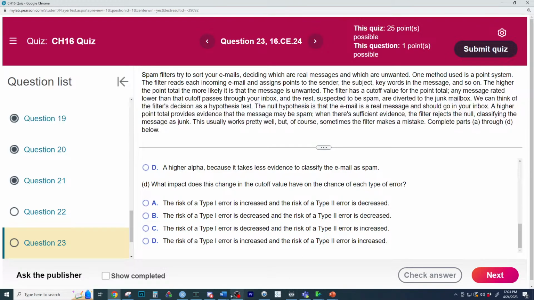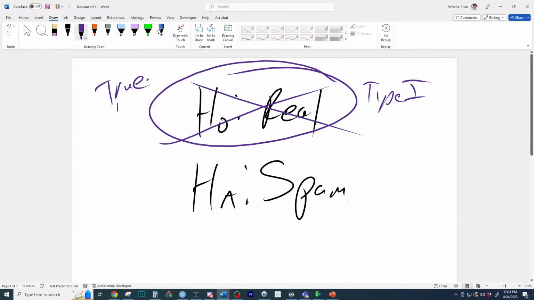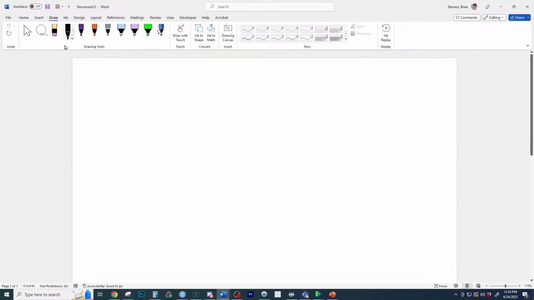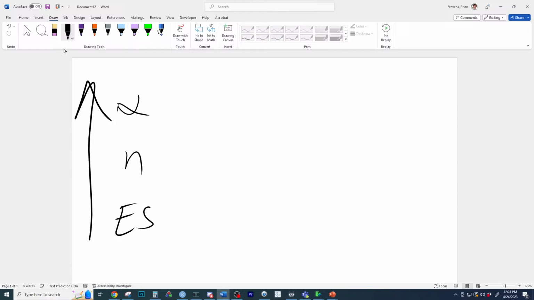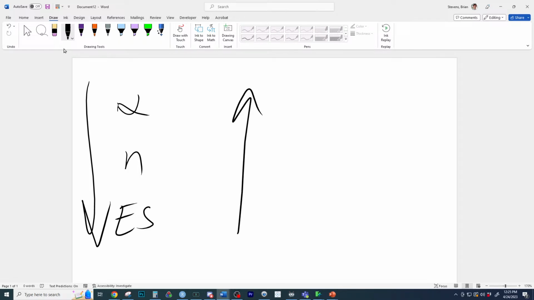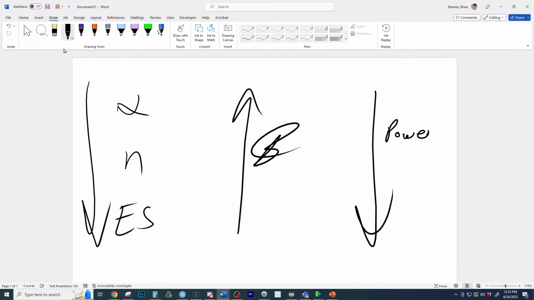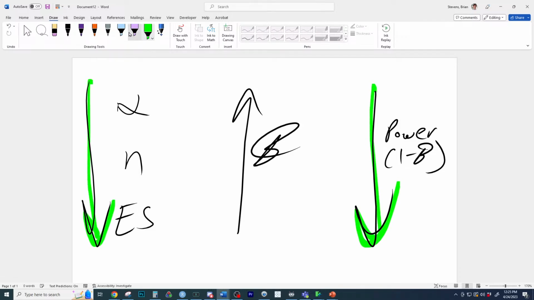So this is an important time to review the concepts of error. And there are 3 things that impact type 1, type 2 error. So when you change your alpha, your sample size, or your effect size, you will increase any of these. Well, we're decreasing alpha. So if you decrease these, you will increase your type 2 error rate, and you will decrease your power, because power is 1 minus beta. So power right here is 1 minus beta, and power is positively related to all of these, but it's inversely related to beta because it's literally the complement of beta.